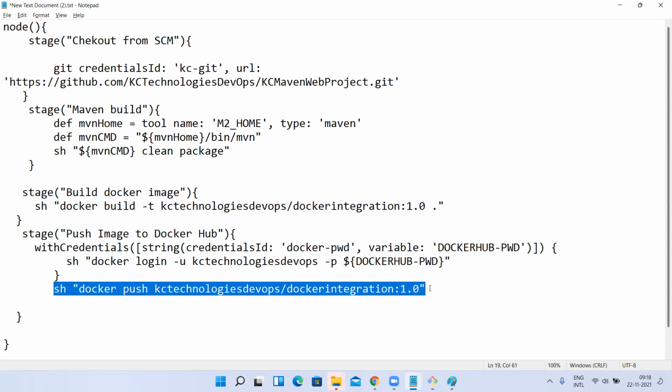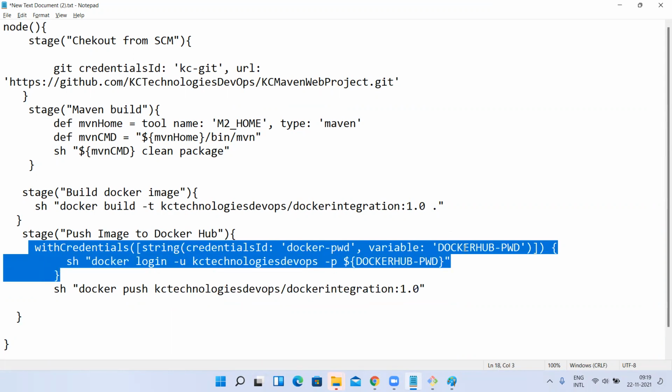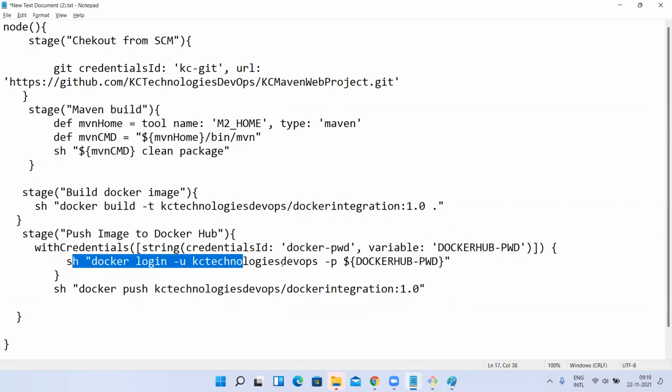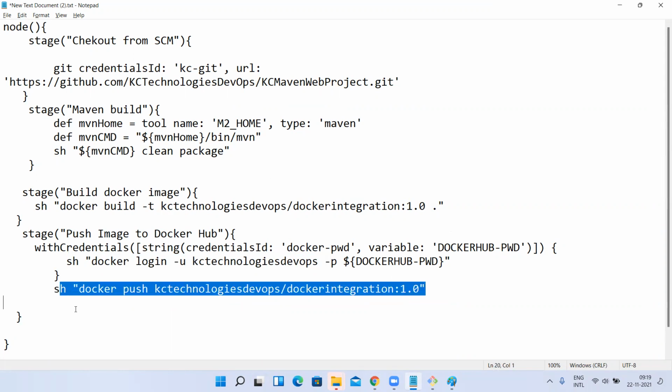I'm going to push the image, right? But why did I log in within this function only? Because this variable can be utilized within the function. So I did that login part. Once I logged in, I came out of that and then pushed the image. Understood, guys?